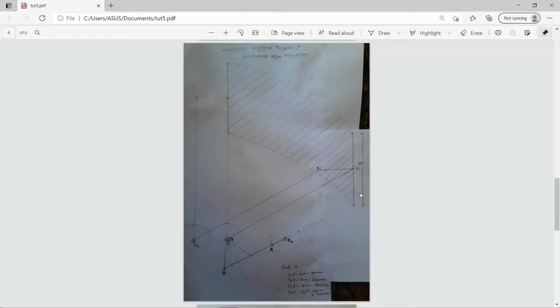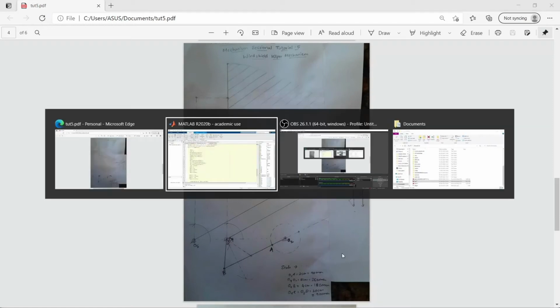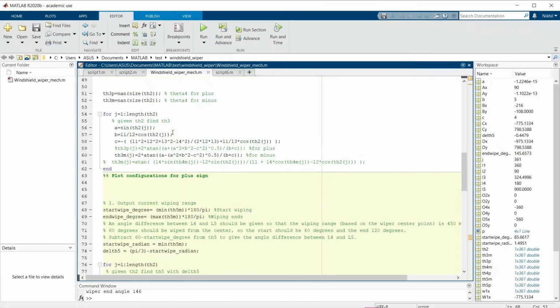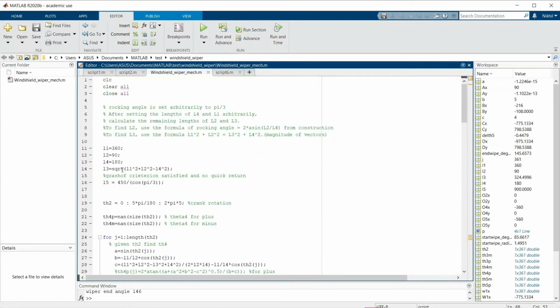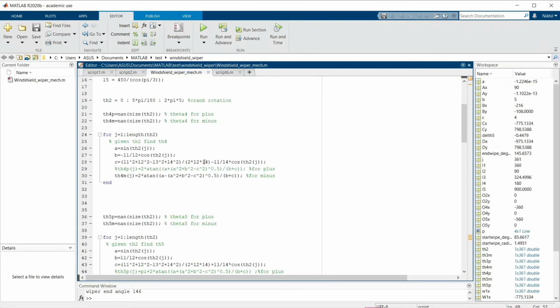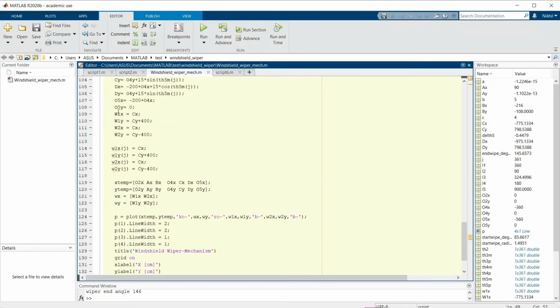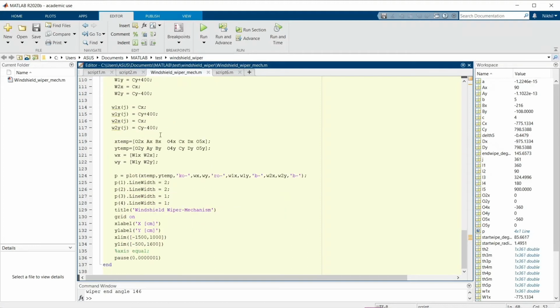This is the length and this is the width of the windshield wiper, and we have defined all their relations using the angle relation between them. For the length of the coupler, we have used the vector method to find the actual length so that we don't get any distortions in the simulation. After we defined the windshield wiper's length, we plotted all those together, and after that we colored them, and here is our simulation.